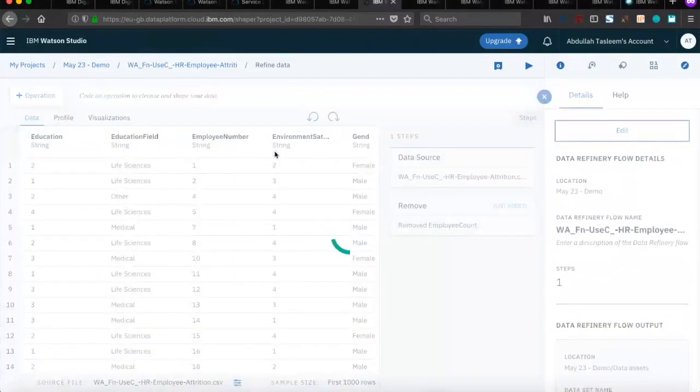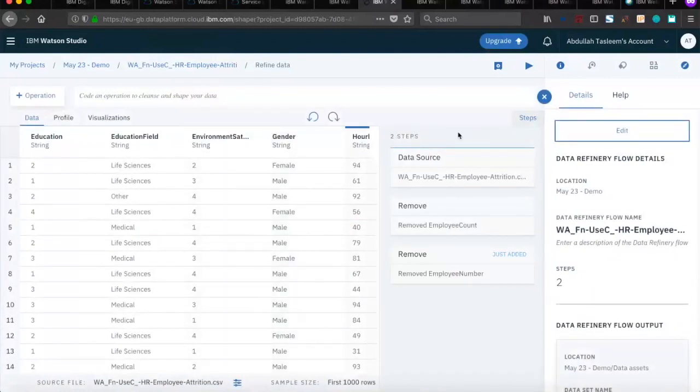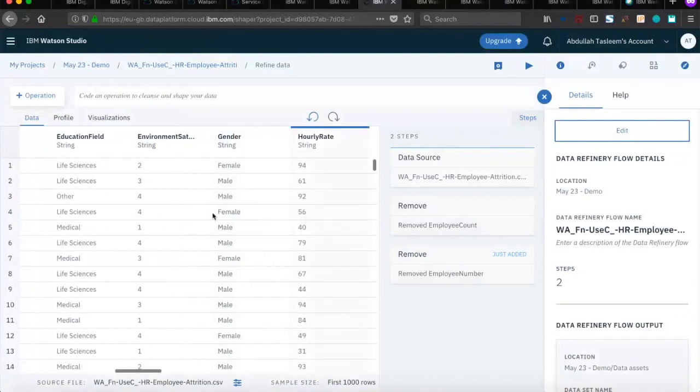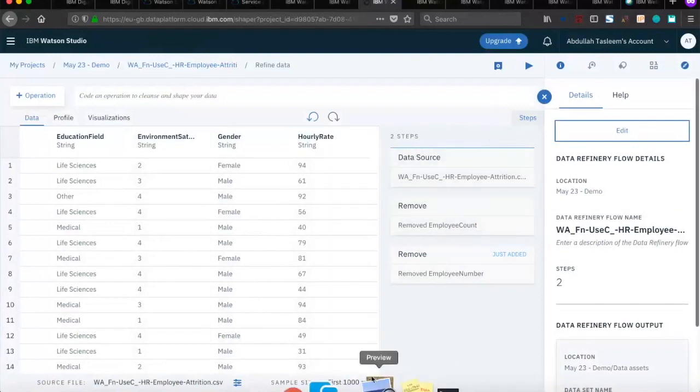Once both of them have been removed, they have been stored as steps on the right hand side over here. Do note that these columns have not been removed yet. They're just showing us the steps on the right, which are ready to run, ready to be removed. So in order for all the steps to be processed, we need to click on this icon over here. This will run the data refinery flow and clean the data for us based on the steps that we mentioned. So once you click on this play icon,